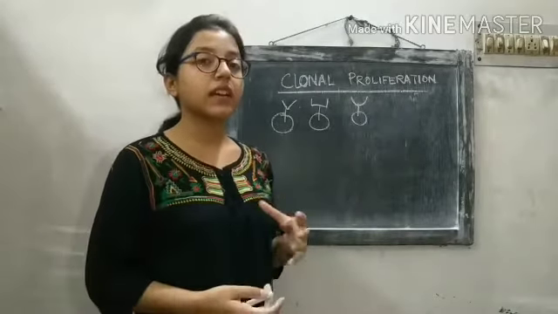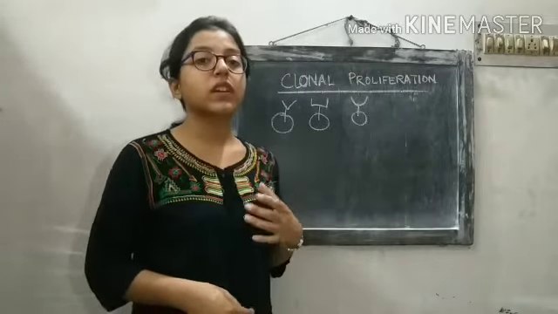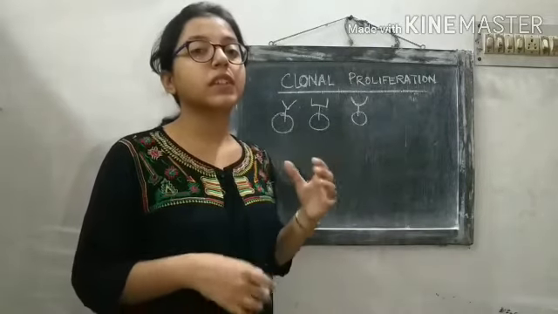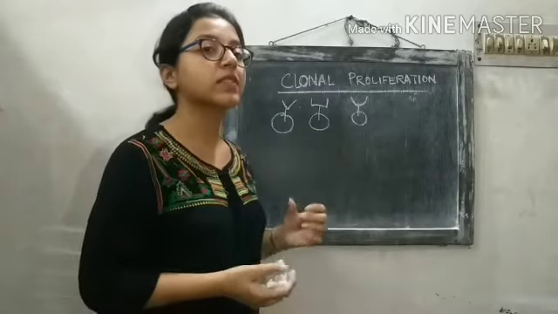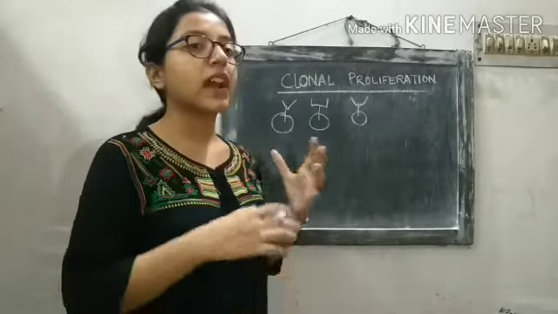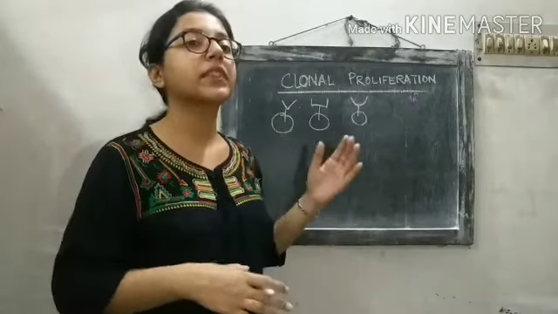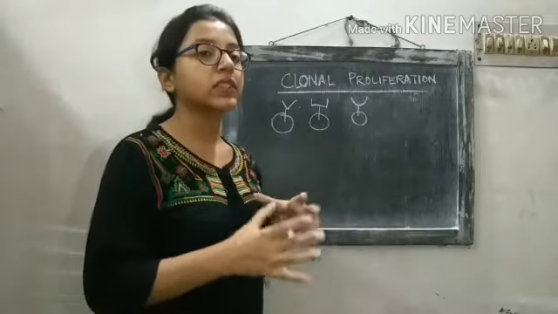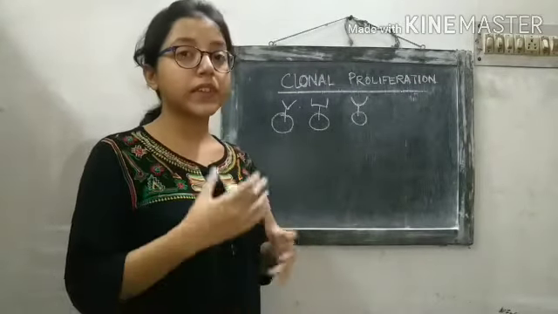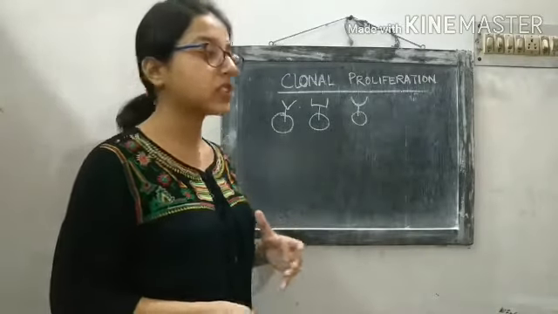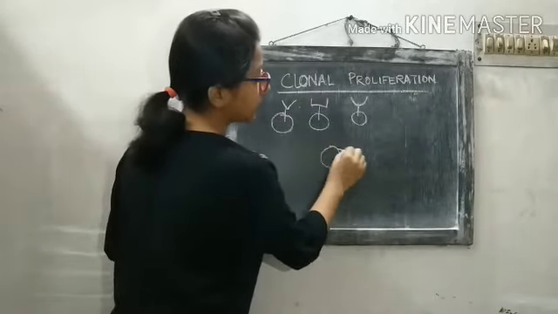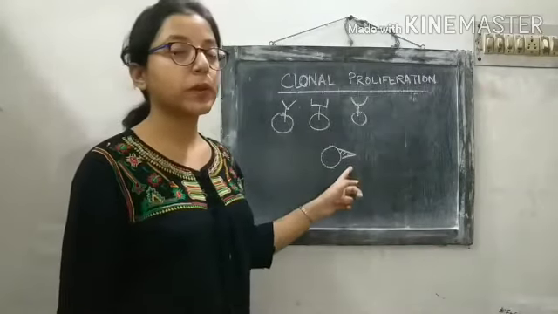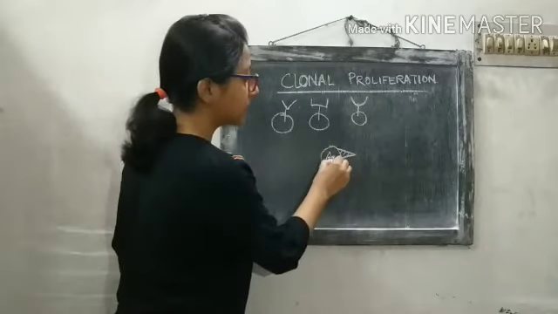This variation arises because of the difference in the amino acid sequence which builds the receptor. Due to the different composition of the receptor, the structure of the receptor is also different. So there is a large number of B cells, and every B cell has a different shape of receptor. When an antigen enters our body, the antigens have particular epitopes on their surface. Different epitopes are present on the surface of the antigen. Suppose this is an epitope of an antigen which has entered our body.